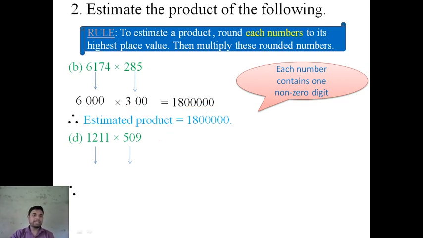Okay, now D. Here in this number, what is the highest place? This is the highest place. So when we round 1, what is the next digit? Just after 1, it is 2. 2 is less than 5. When it is less than 5, the rounding digit has no change. That means 1 will be 1. And how many digits? Just after 1, 3 digits. That means it will be 1000.